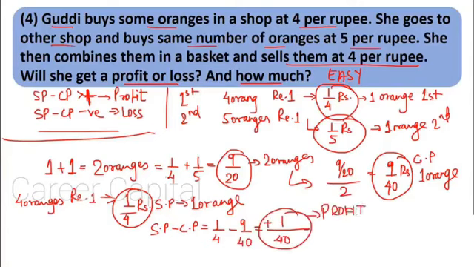And let us see how much profit she got. Over here the profit in rupees is 1 by 40. Cost price is 9 by 40. What we have seen, percentage profit is nothing but profit in rupees divided by cost price into 100. 40 gets cancelled. She gets 100 upon 9% profit. You can convert this into a mixed fraction also. It would be 9 11s are 99, 11 and 1 upon 9%. So she gets this much percentage of profit.